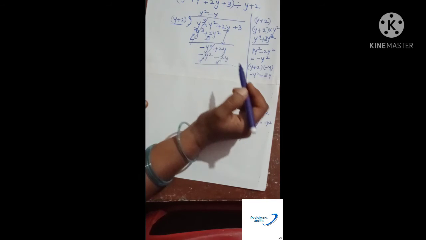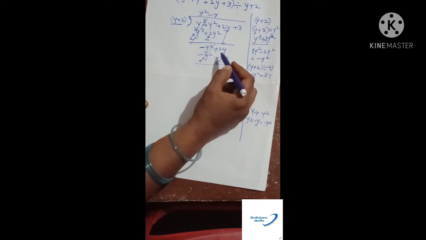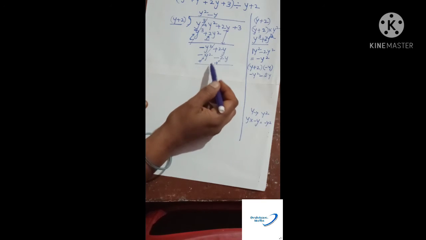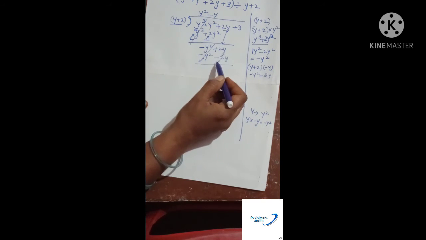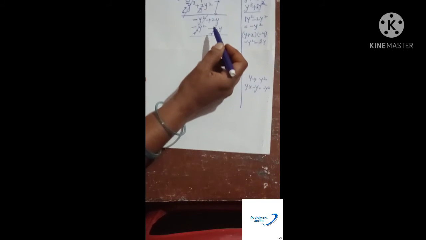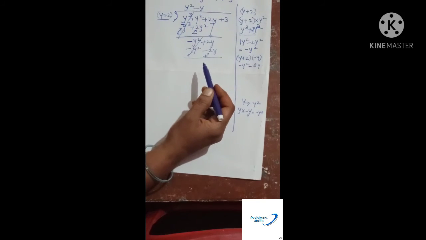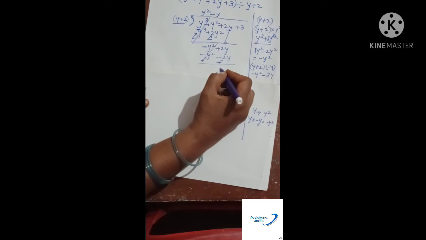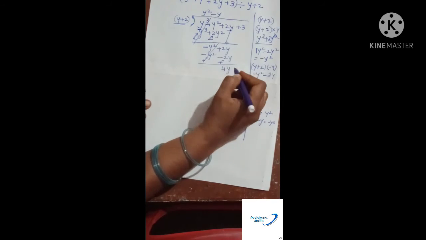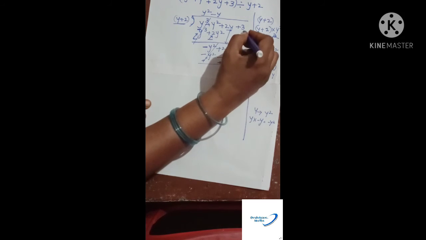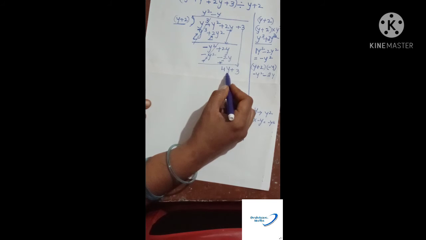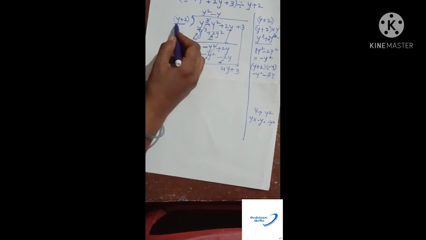So it goes here. Now here, without changing sign, most students see a plus and a minus, and they just cancel the term. Don't do that one. We have to follow the rules. So according to this one, this is minus and it becomes plus. So what happens here, plus 2y plus 2y makes it 4y. Then you have the next term remaining in this expression, plus 3. Okay, now what we are having here, 4y plus 3 and our divisor is y plus 2.